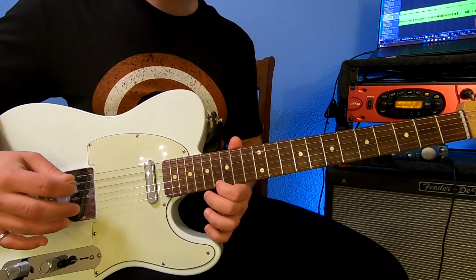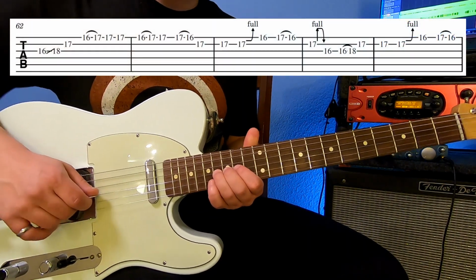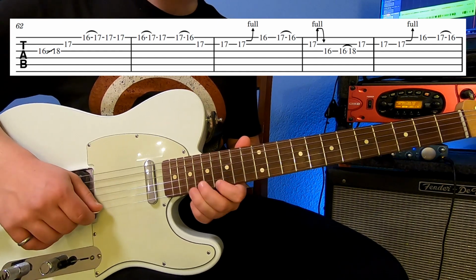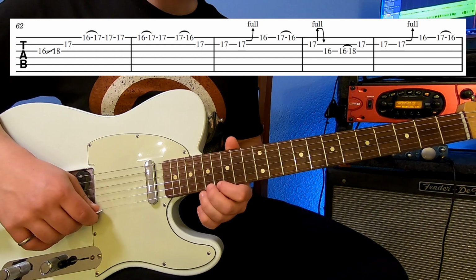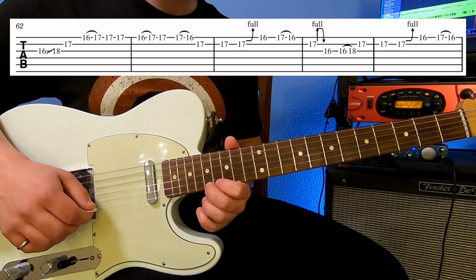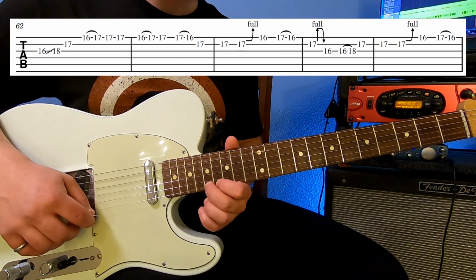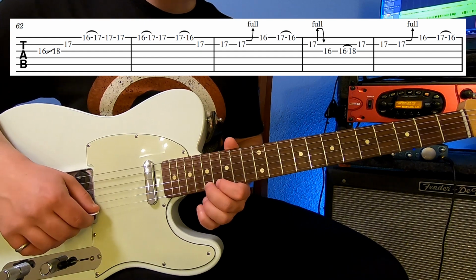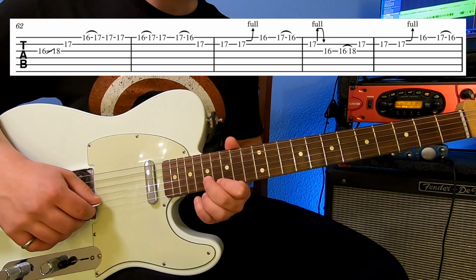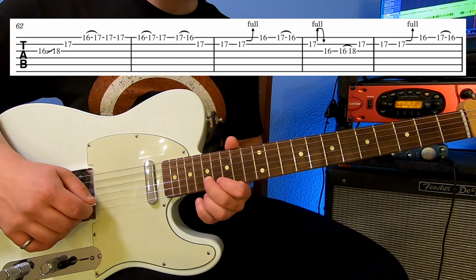All right, let's learn that line before we move on. So we're going to play the 16th fret of the G string, slide up to the 18th fret, 17th fret B string, 16th fret high E, hammer on to the 17th fret, play that 17th fret twice, 16th fret of the high E again, hammer on to the 17th, 17th fret again, 17th fret, pull it off to the 16th fret of the high E, 17th fret of the B string, play it again, play it one more time, and then use your bender,